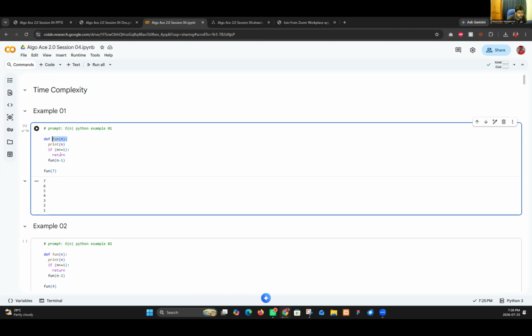This is some kind of recursion. So you can use this technique rather than going with iteration. So what do you think?